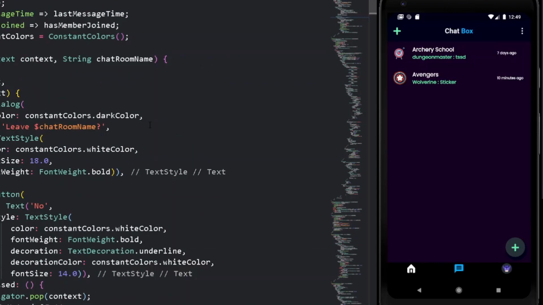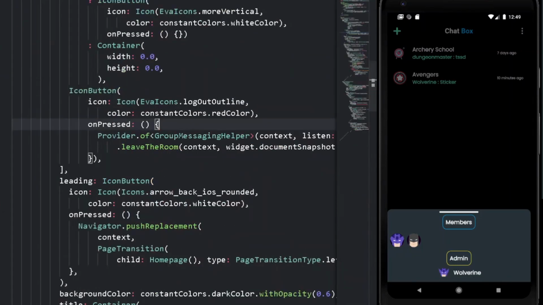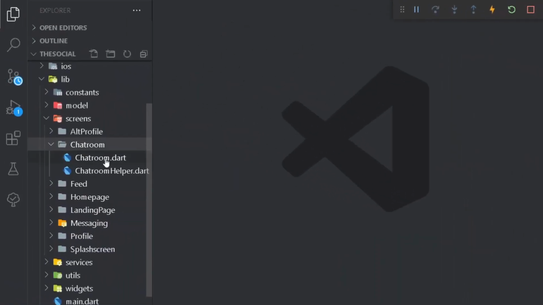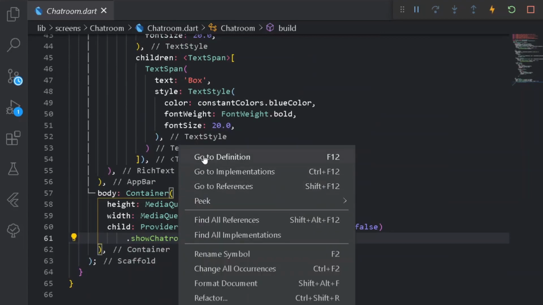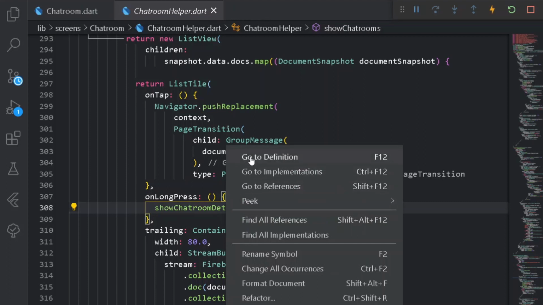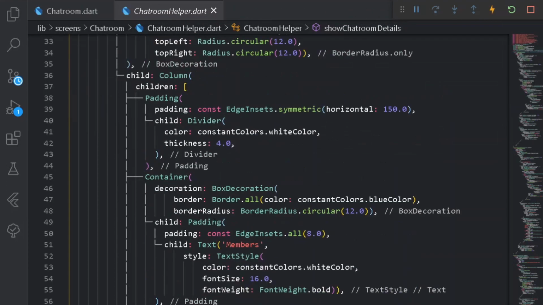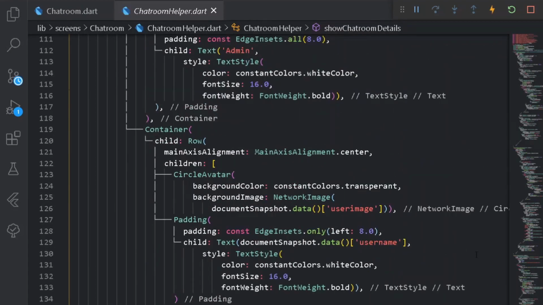So now once this is done, let's create one more functionality so that after long pressing over it, we should be able to see a delete option for the entire group, so that a particular admin can delete the entire group. For that purpose, we can go under the chat rooms, not messaging. So here under our chat room, we are getting all of our chat rooms. For that, let's go under definition, and if you remember, we have our long press option for show chat room details. So here under our chat room details, if we come down, we have our admin, and also we have our circle avatar of the username, that is somewhere padding here.